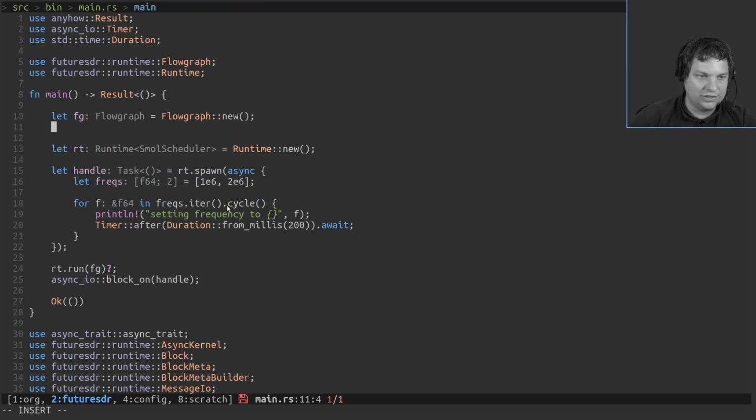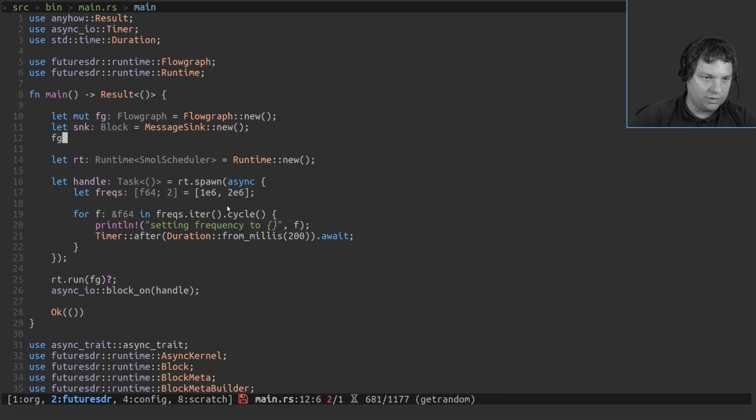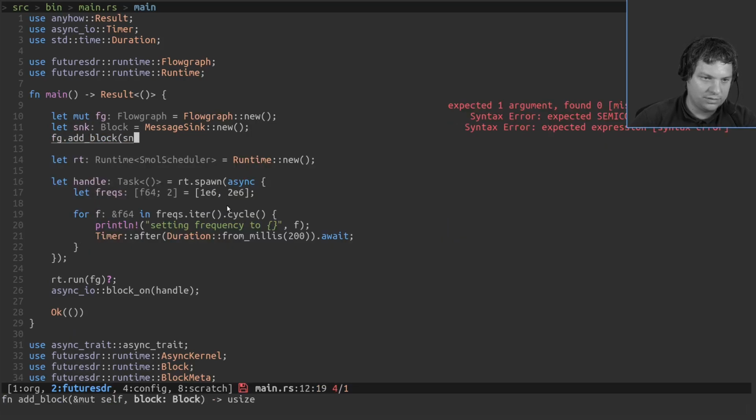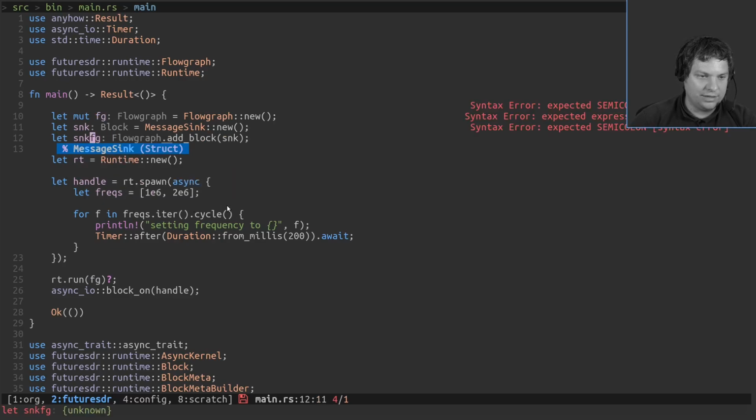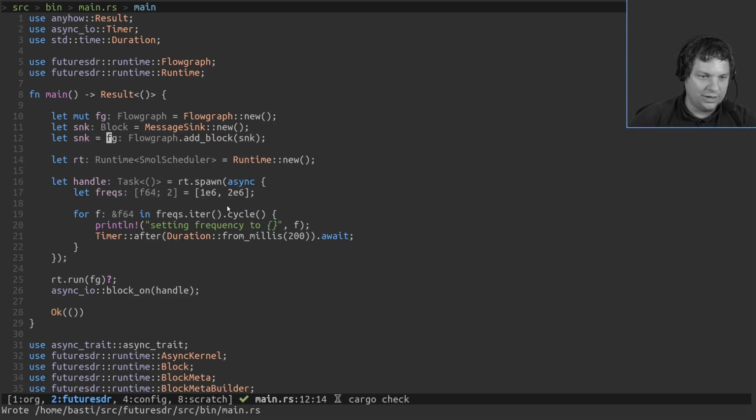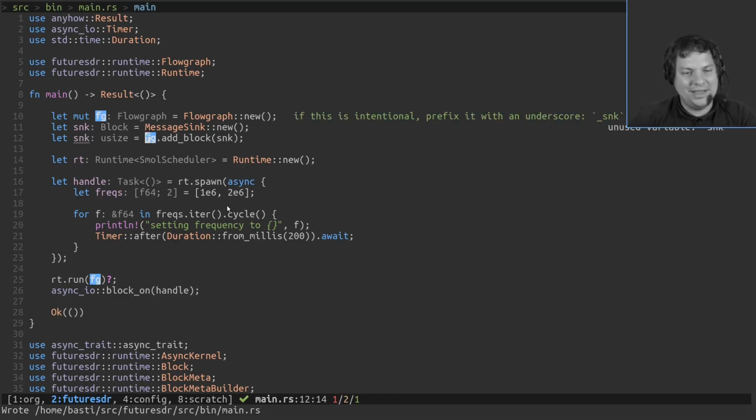So let's just add it to the flow graph. In this case, we have to make the flow graph mutable probably. Add block sink, and we get back the sink. Okay, so this is important.